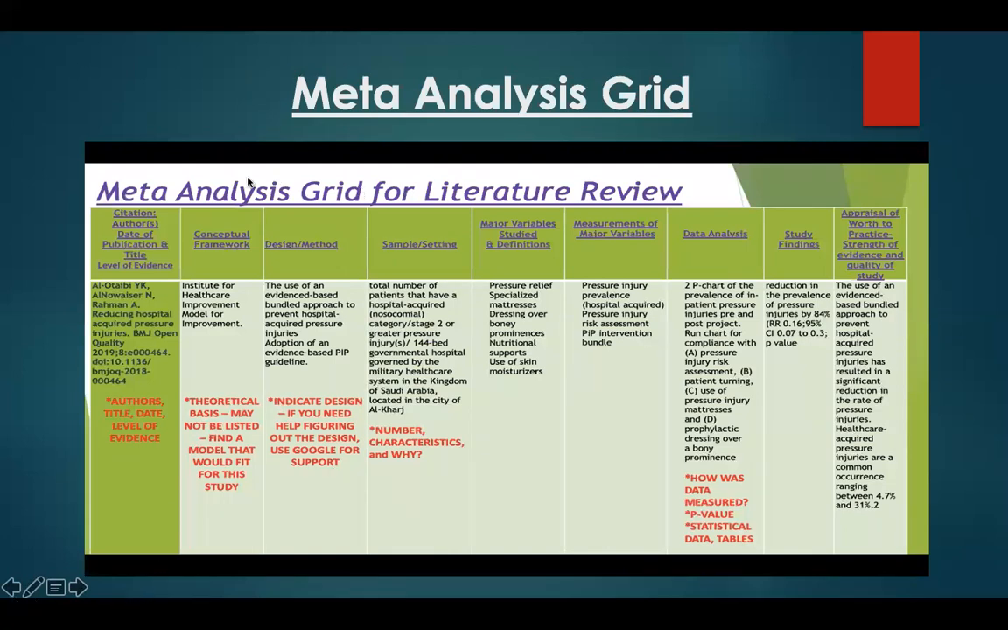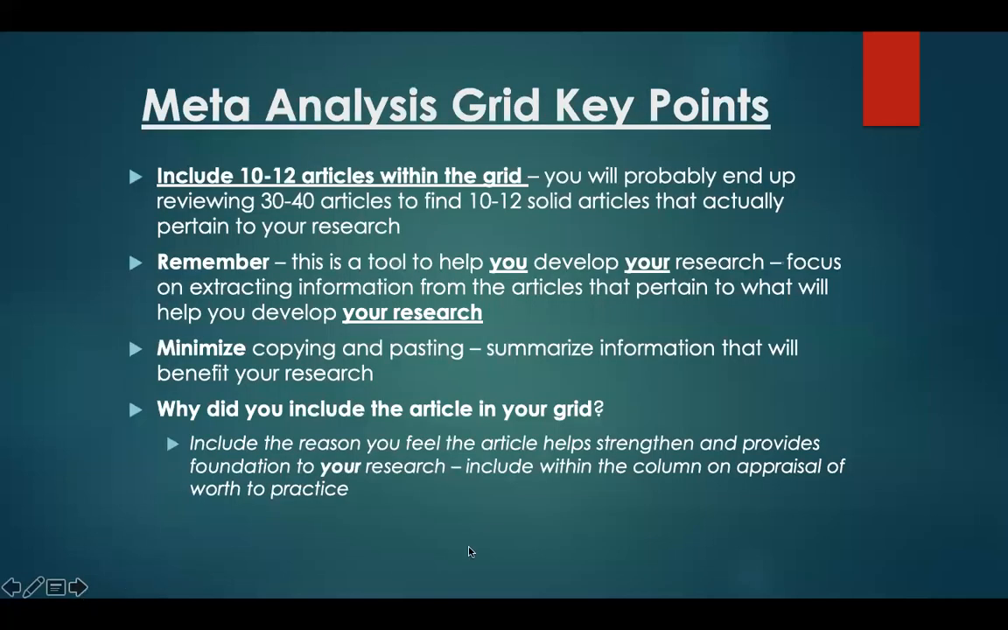This is an example of the meta-analysis grid. You do have a template for the grid on the discussion under your modules, under this current module, week number 7. So Professor Alana did post another template if you needed it. A few things to remember in terms of filling out your meta-analysis. First of all, remember within the grid, we do expect that you are going to have between 10 to 12 strong articles, okay? You'll probably end up reviewing between 30 to 40 articles in order to find what you need,